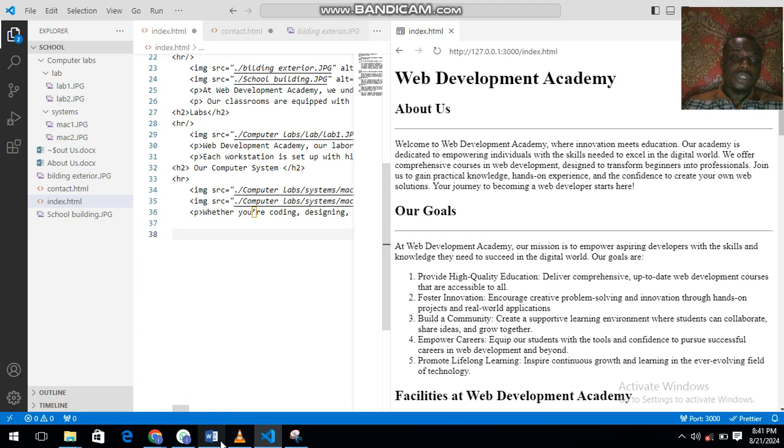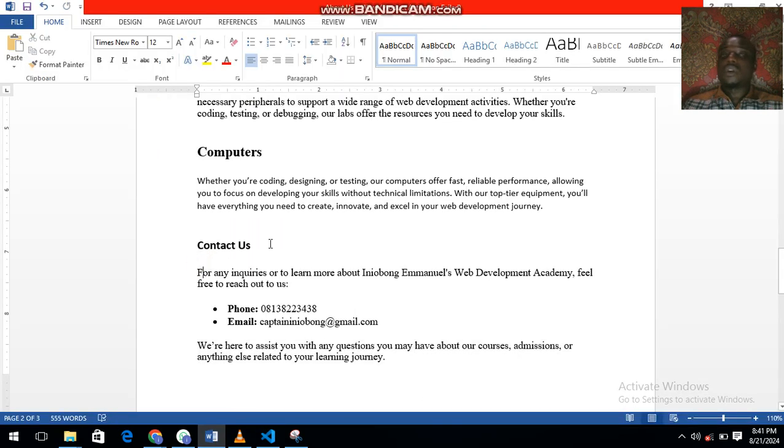So the next thing we need to include is a contact page. I will not be including a contact page here on that same index HTML page. No, we'll create a separate web page for it, then link it to that page. Do you understand? Are you following? That's the function of the anchor tag. Remember I talked about the anchor tag in HTML, right? That is just to present a link from one web page to another page. So from one web page you can navigate to another web page once you click on it. And that's what we're doing for this contact us page.